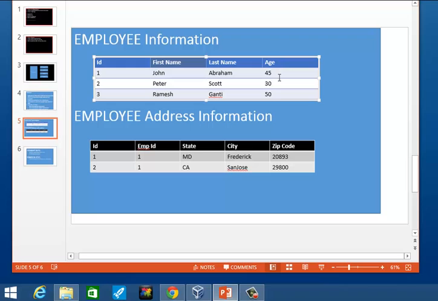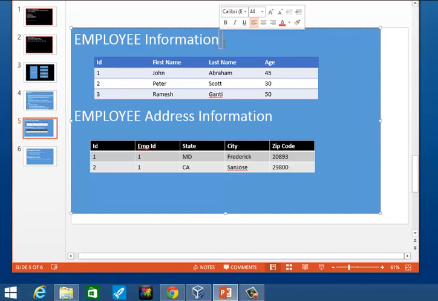We can also store this information according to our need. For example, we can store age as an integer or a number and store the first name as characters. So this is what we store in the employee table. Instead of employee information, we can just call it the employee table. And then we have the employee address